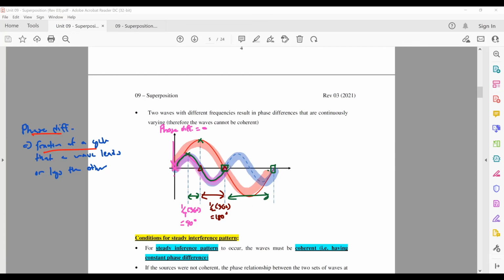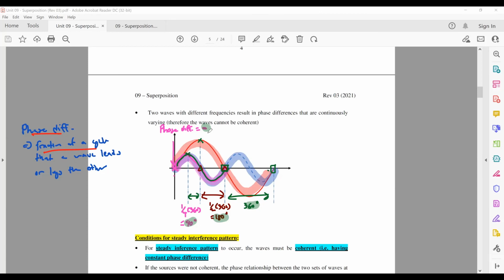You see now this phase difference here, compared with respect to the smaller cycle, is actually 360 degrees phase difference. Okay, so you see when the waves do not have the same period, they do not have the same frequency, you will notice that when you pick the corresponding pair of points, the phase difference is always going to be different. The first set of points that you pick had a phase difference of 0. Then the second set of points you pick had a phase difference of 90. The third set of points that you pick had a phase difference of 180. Then the last set of points you pick had a phase difference of